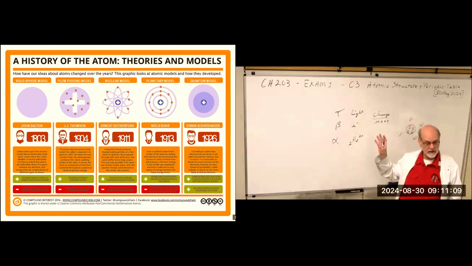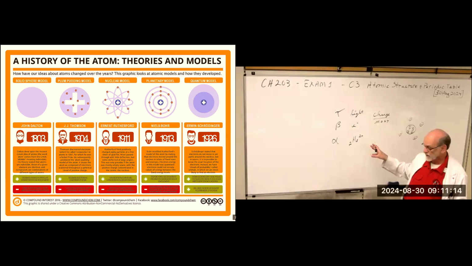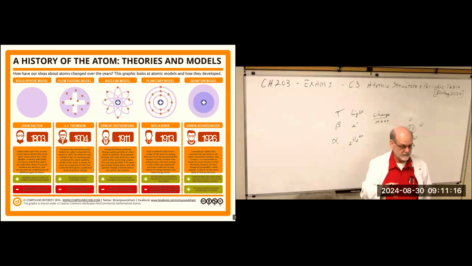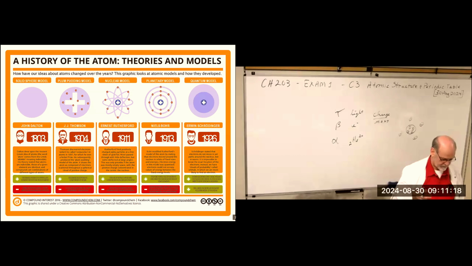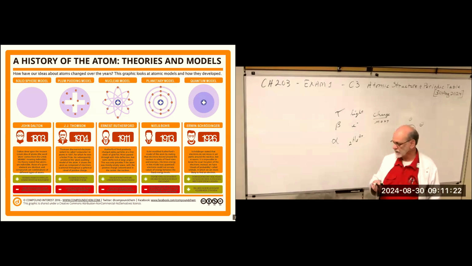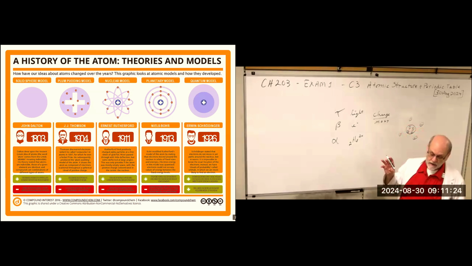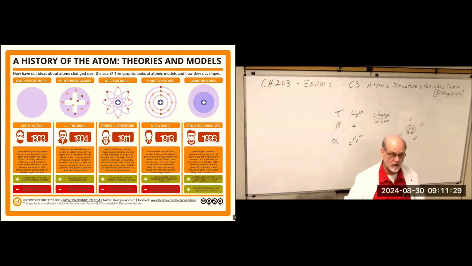It has no electrons. It's just the nucleus of the helium atom. But it's coming from the nucleus of a radioactive substance. So I said that to say Ernest Rutherford was also working with,